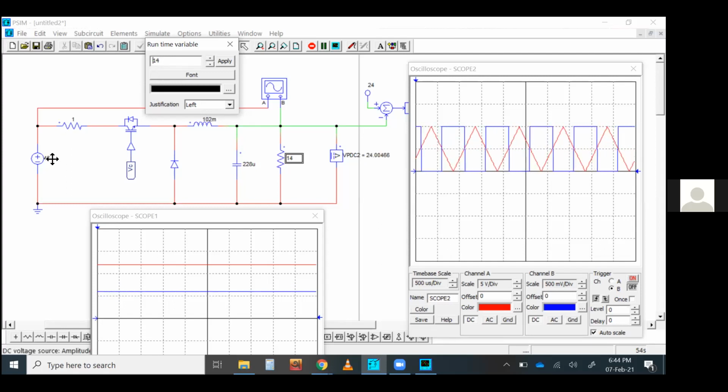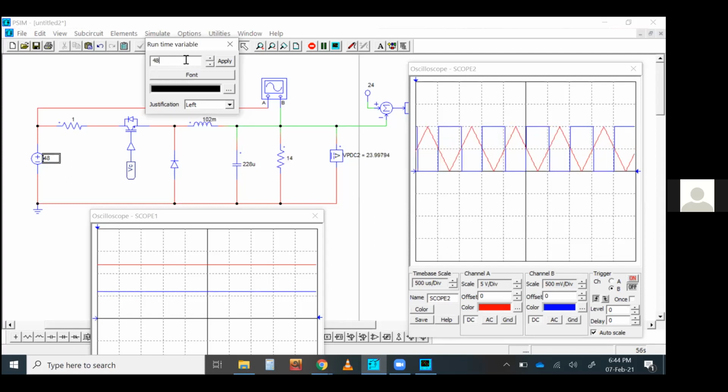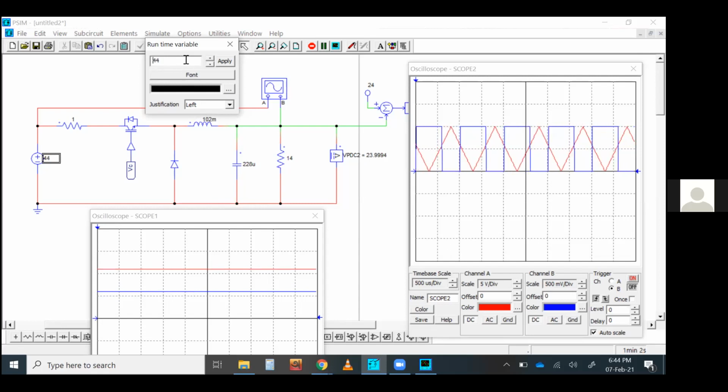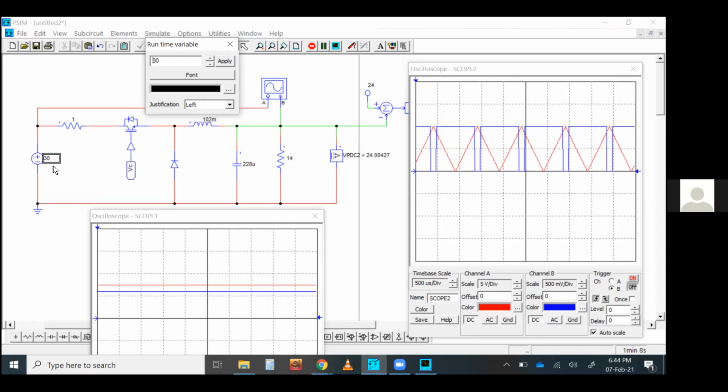Even I can change the supply voltage. Say for example, your battery is discharging, its supply voltage is getting low, but still you want 24 volt at the output terminal. Can you do it? Yes. You see from here, supply voltage has changed a lot, only 30 volt now, but your control is producing a higher duty cycle to make the output voltage equal to 24 volt.